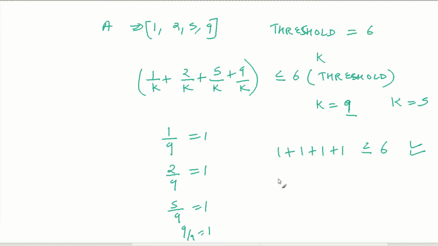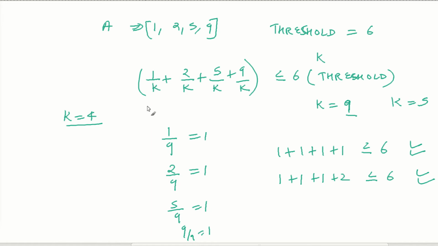So 1 by 5 is 1, 2 by 5 is 1, 5 by 5 is 1, 9 by 5 is 2. So in this case also, the total sum 1 plus 1 plus 1 plus 2, which is 5, is less than or equal to 6. So k equal to 5 can also be the answer, right? But if I do for k equal to 4,